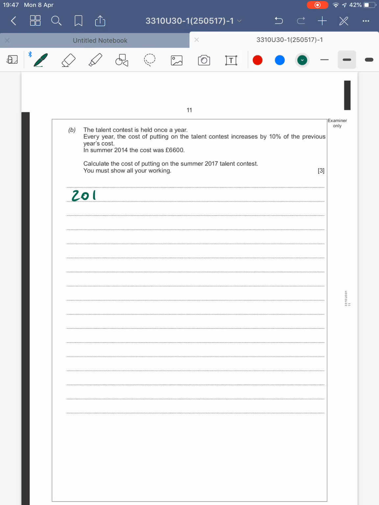so for 2015, we're going to have £6,600 plus 10% of that year there. So 10% of 6,600 is 660. So in 2015, the cost would have been 7,260. Then in 2016, it's going to be